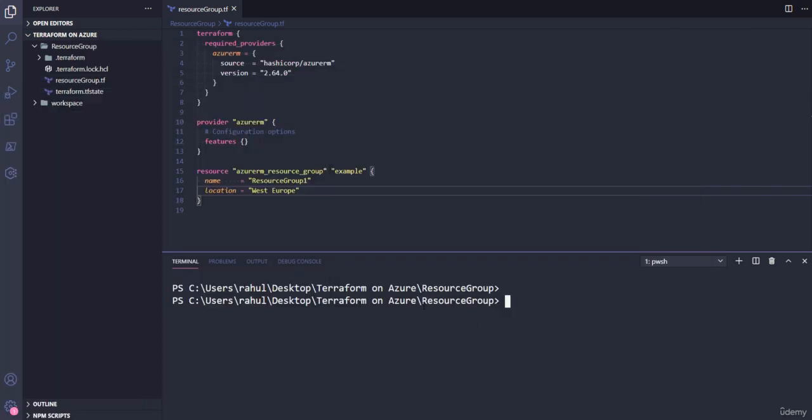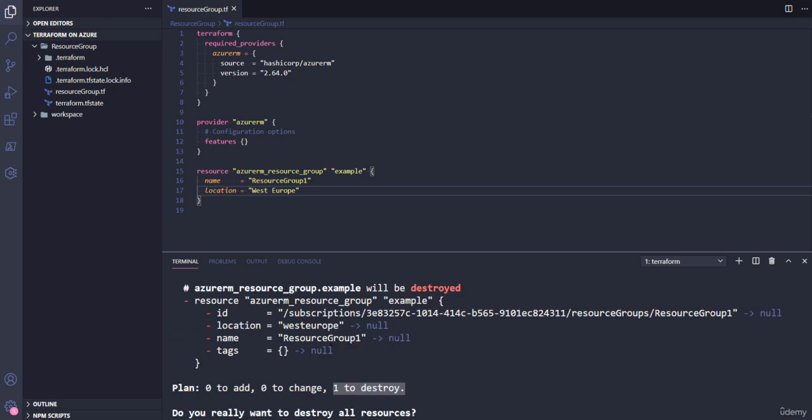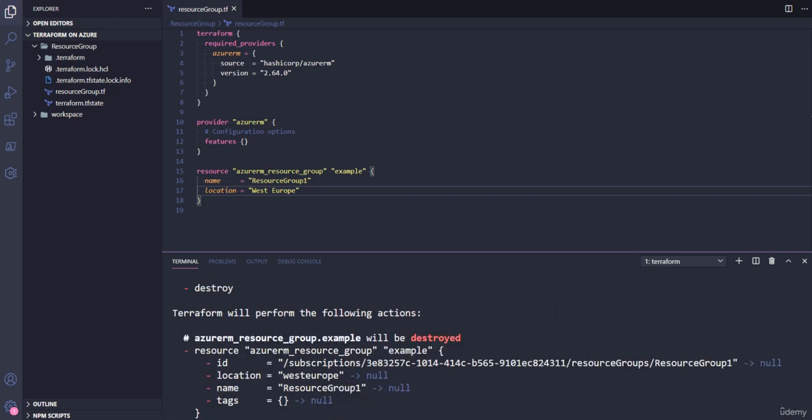So right now I am in this Terraform on Azure resource group directory, and in this directory we have all these files. Our main or resource group.tf file is there. In this folder, I'm going to use terraform destroy, and then I will hit enter. And here you can see in this plan, 0 to add, 0 to change, and 1 to destroy. So it's clearly saying that one resource is going to be destroyed,